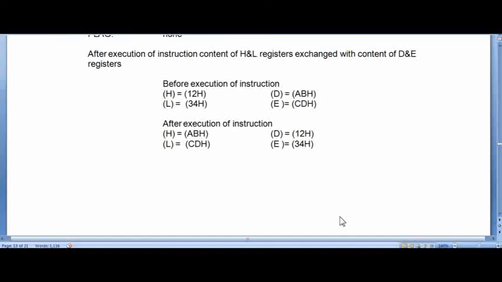Go through all these instructions and try to write your own examples. For each and every instruction one example is given. On your own you have to write one example, then only you will be able to use this instruction in assembly language programming. Okay, now we studied 13 instructions one by one.